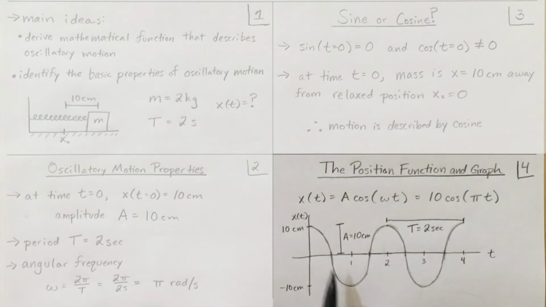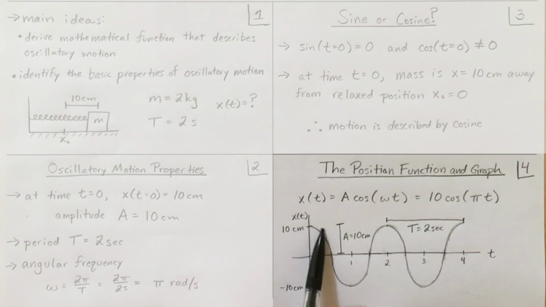For graphing the function, we draw a cosine curve, which has a period of 2 seconds, meaning the peak-to-peak distance is t equals 2, and has an amplitude of 10 centimeters, meaning the distance from this equilibrium position, x of 0, is 10 centimeters. Looking at what the mass actually does, it starts at the initial time before it's released